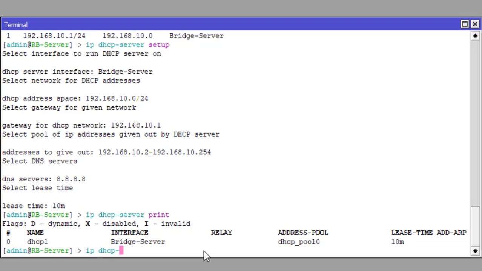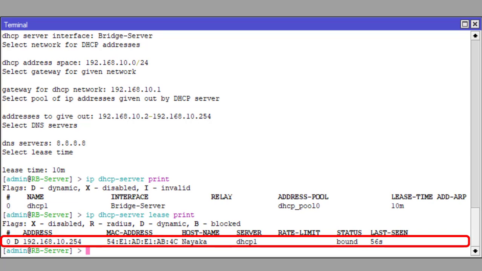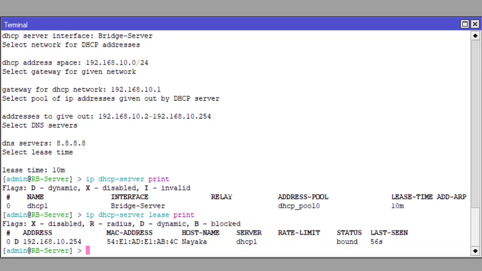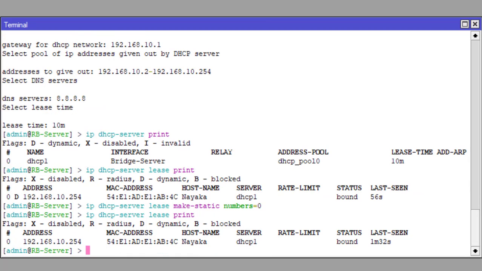And then check the DHCP server lease list to find out which clients are using this service. As you can see, there is one client, Nayaka, which is the first PC client. Then I'll make the IP address static with the command ip dhcp-server lease make-static number=0. Then check if the IP has changed to static or not. As you can see, the dynamic status has disappeared, which means that this client has got its IP address statically. After that, I will change the IP address according to the topology requirement with the command ip dhcp-server lease set number=0 address=